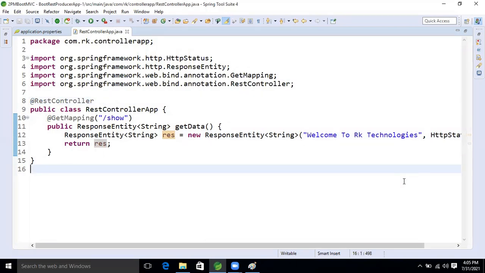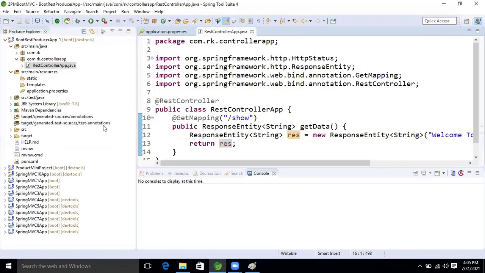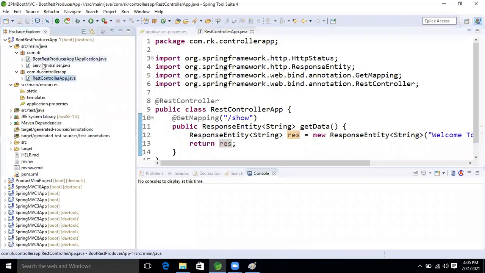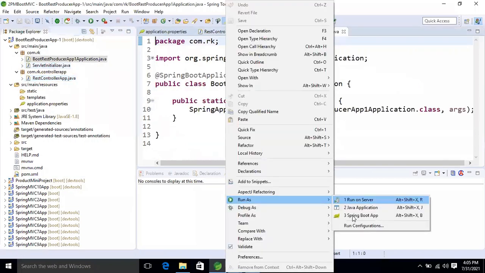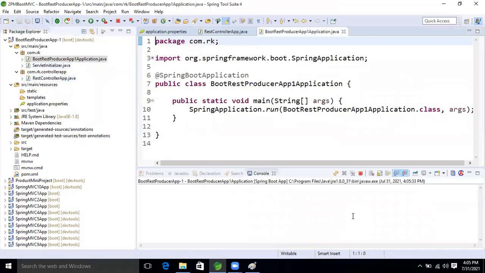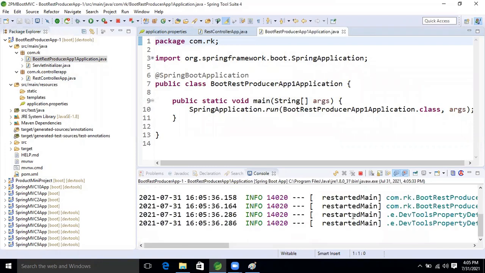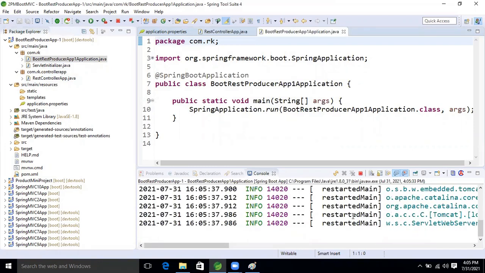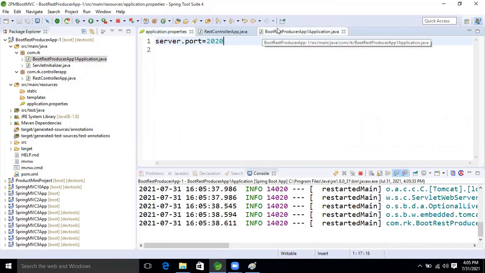Okay, so what I'm going to do now, I'm going to run this application, guys. Right click, run as Spring Boot. Our application has started running now, right? On port 2020.